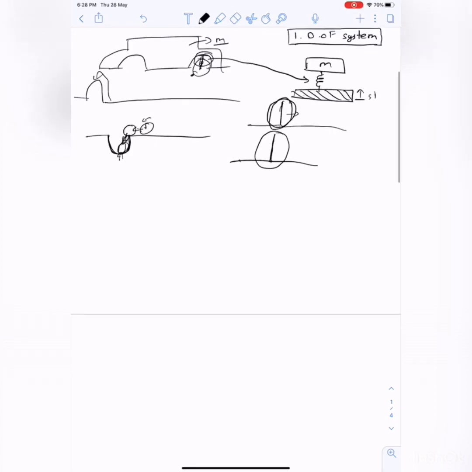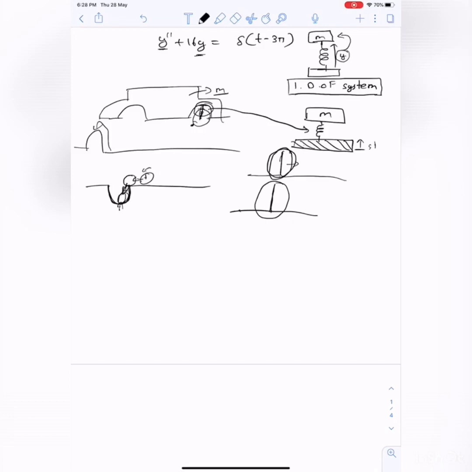Usually, they will actually have a damper with this, because we wouldn't want the car to oscillate all along, but we would want it to dampen. We would attach a damper to it. So while modeling, we'll also have a damper.